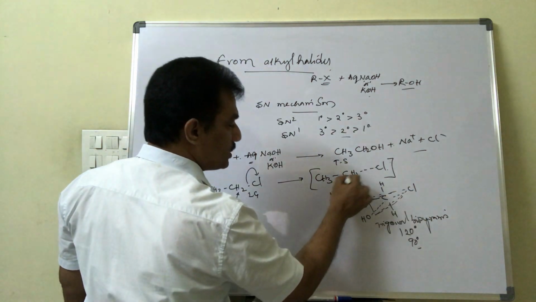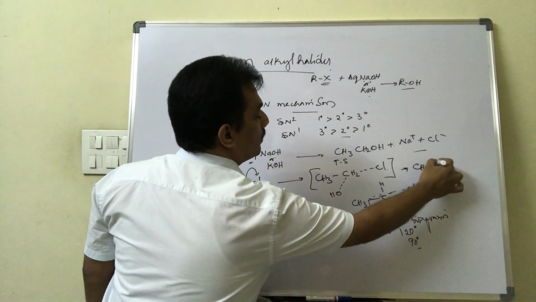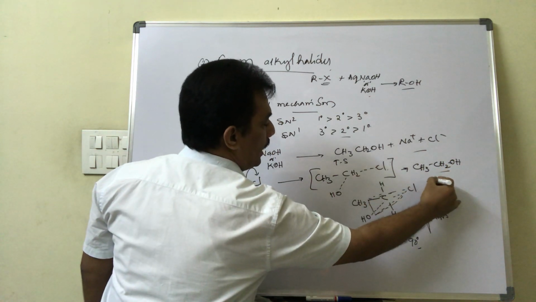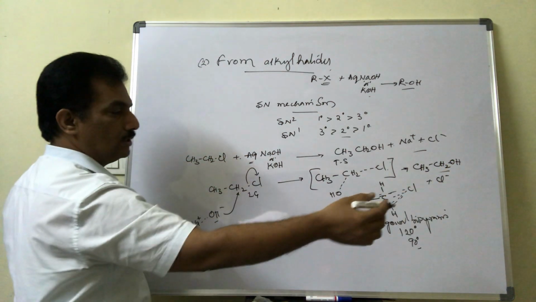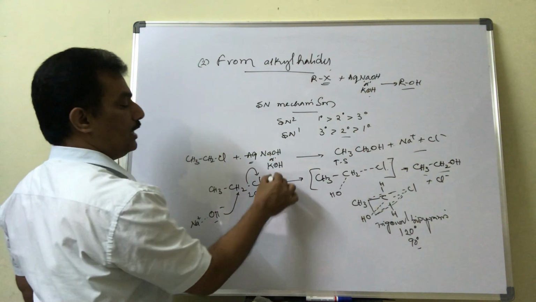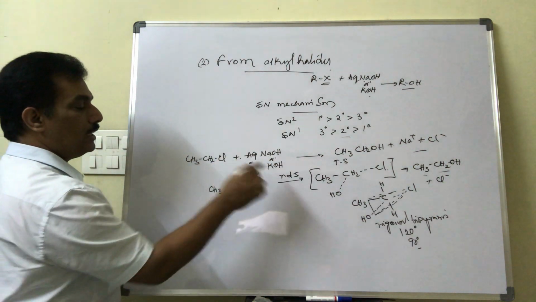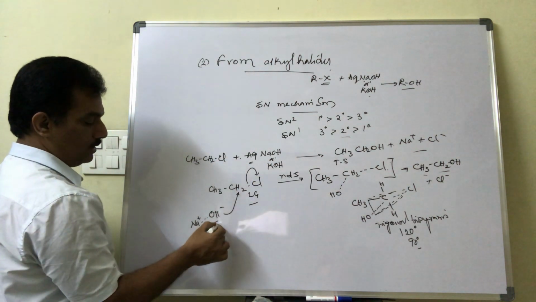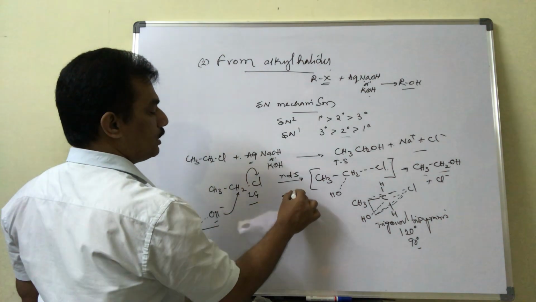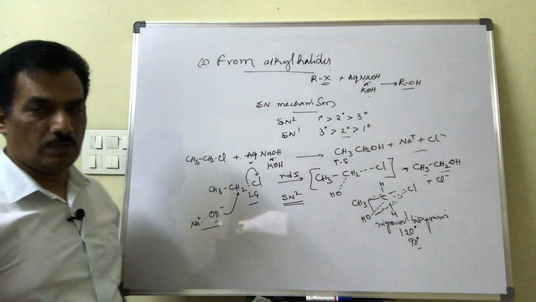After forming this transition state, finally the OH attacks the substrate, and now Cl minus goes out. This is the product, and it is a single step reaction, so it itself is the rate determining step. If we observe, in the rate determining step both the substrate and the reagent are involved, and hence it is bimolecular nucleophilic substitution, nothing but the SN2 mechanism.